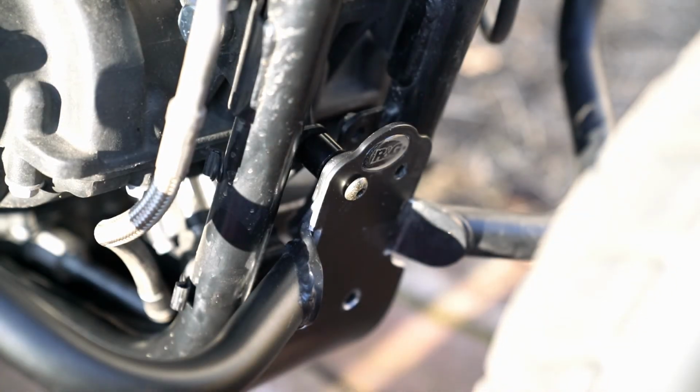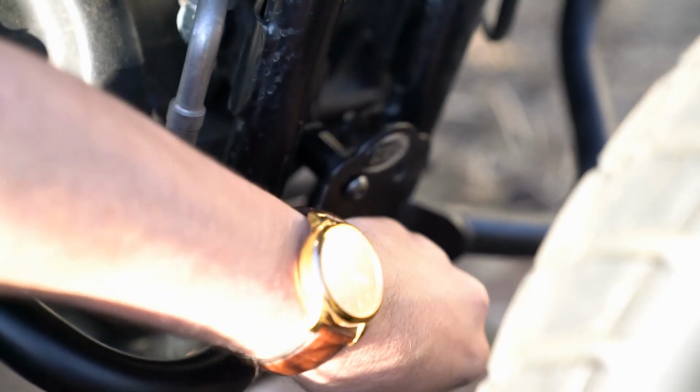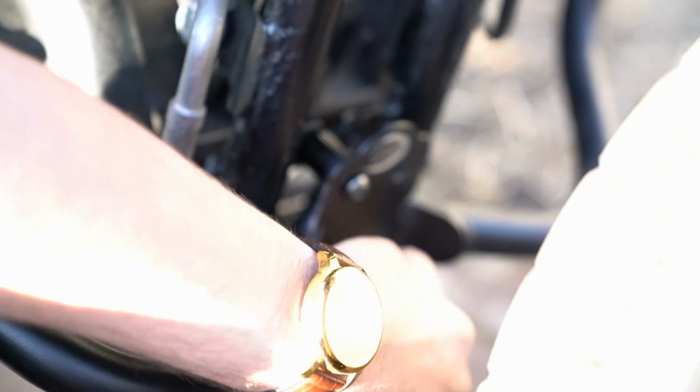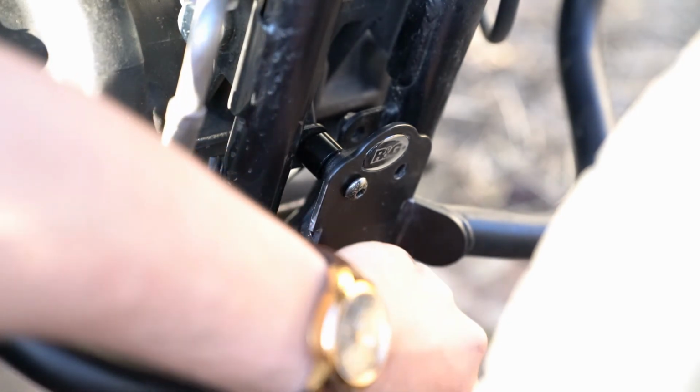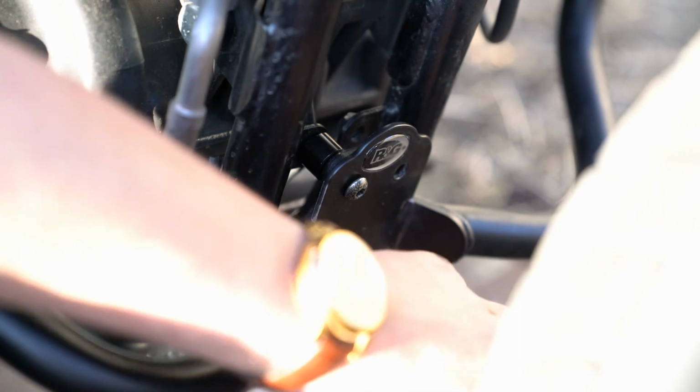Now, let's see if we can tackle one on the bottom, which was the issue last time. Come on, come on, come on. Look at that. In like Flynn. Now, if this threads,